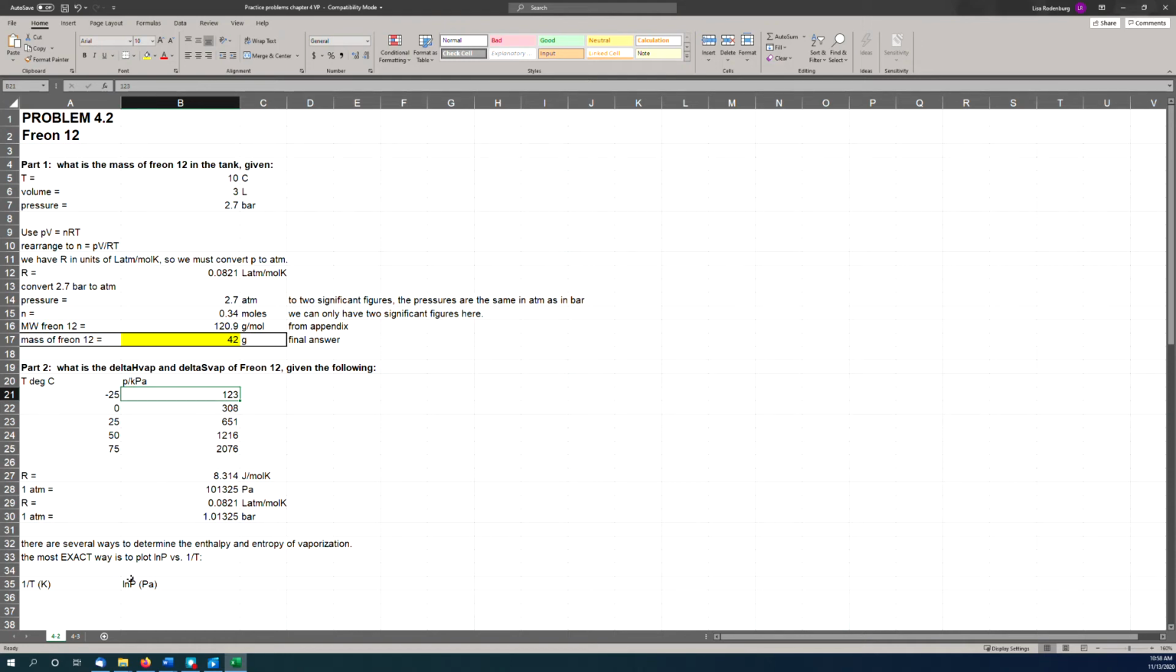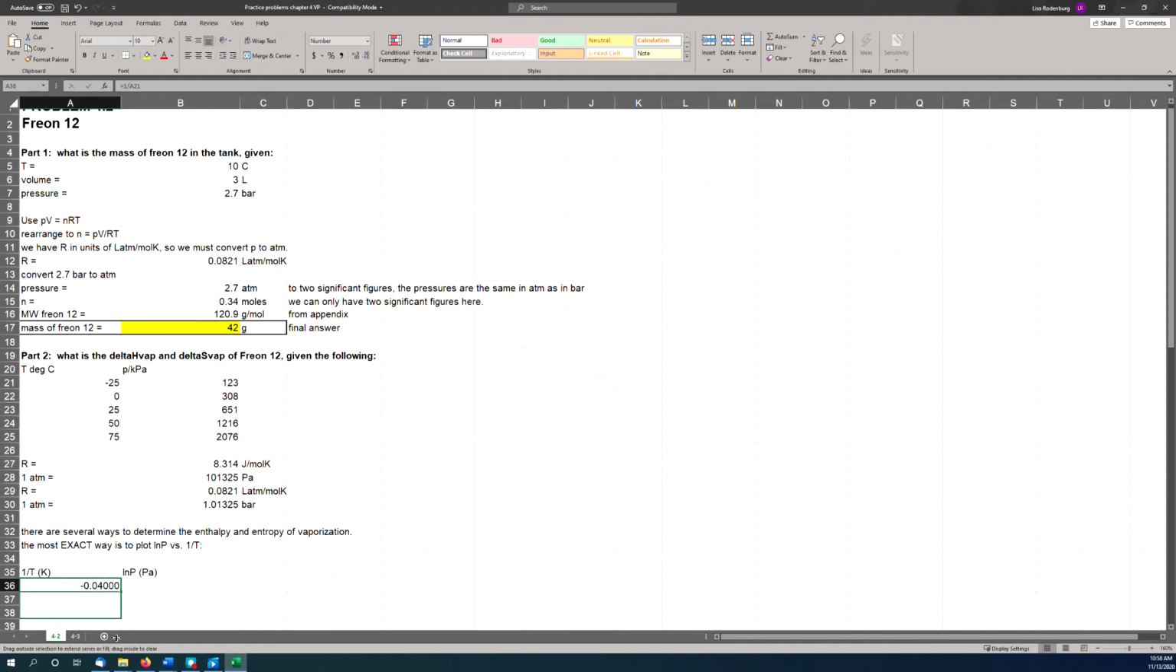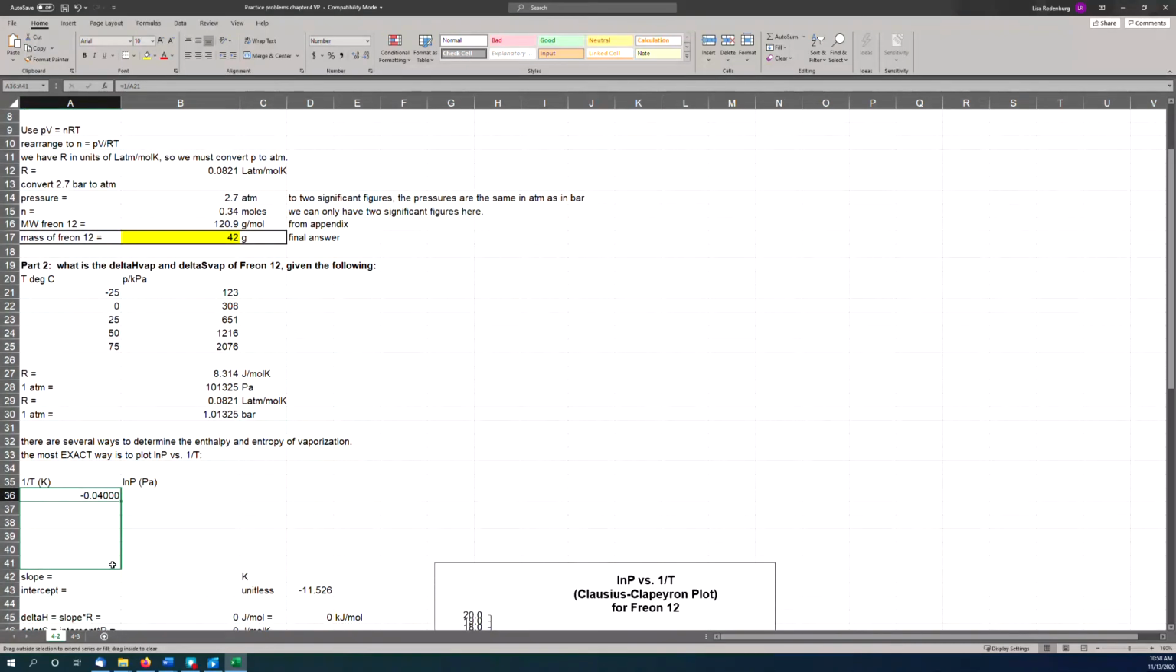What you want to do is plot the natural log of the pressure versus 1 over the temperature, right? And if I just calculate 1 over the temperature in degrees Celsius here, I'm going to get some negative numbers, and this is going to be funky and bizarre. And I'm going to get a divide by 0 error because you can't take 1 over 0 and get a